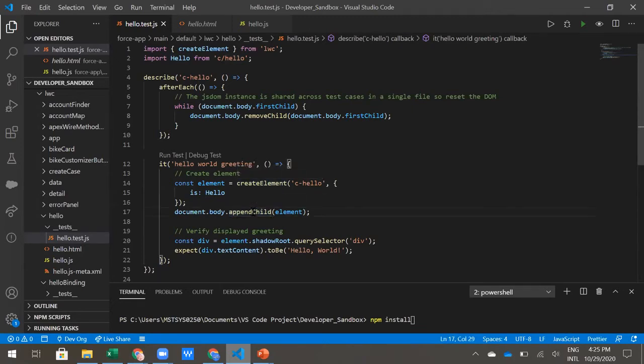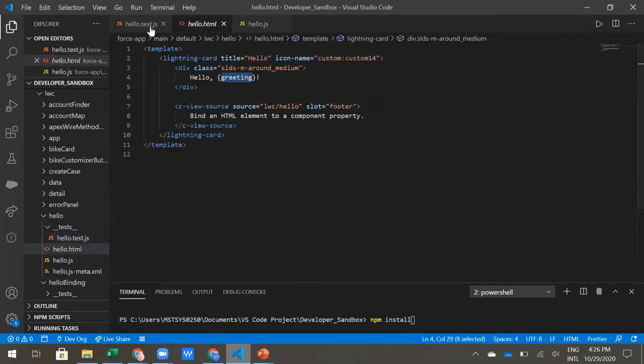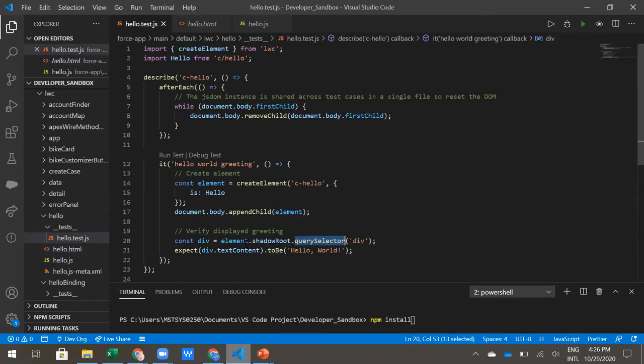So let me give you what shadow DOM is. Shadow DOM is an encapsulation of the standard DOM. It encapsulates the entire component so that you cannot use your standard query elements. We have to use the shadow root to query all your elements from this template. This is a thing we have to keep in mind: all we are playing with is just a shadow root.